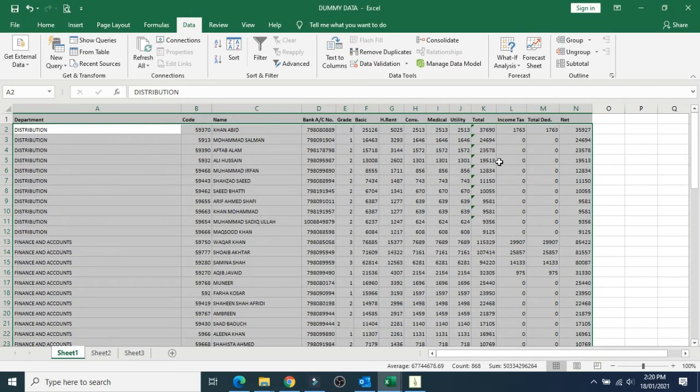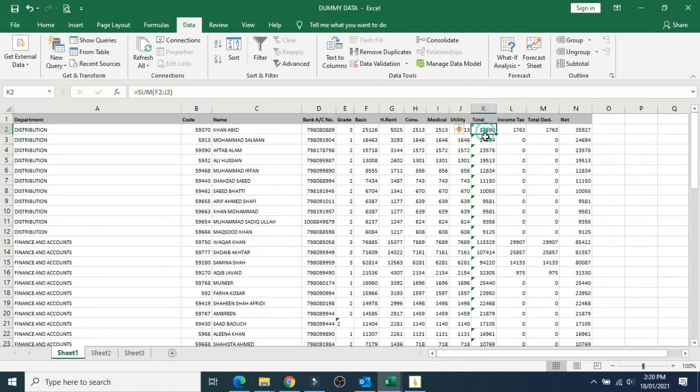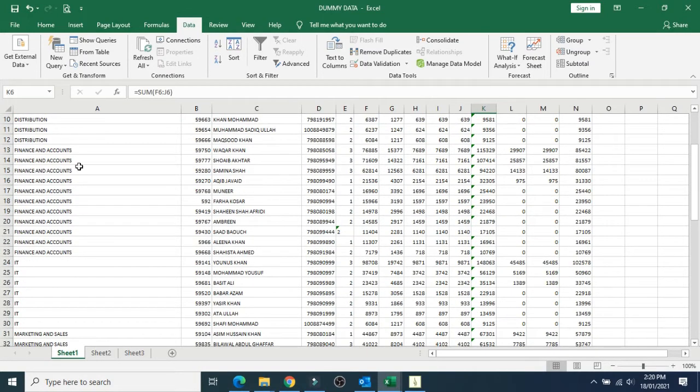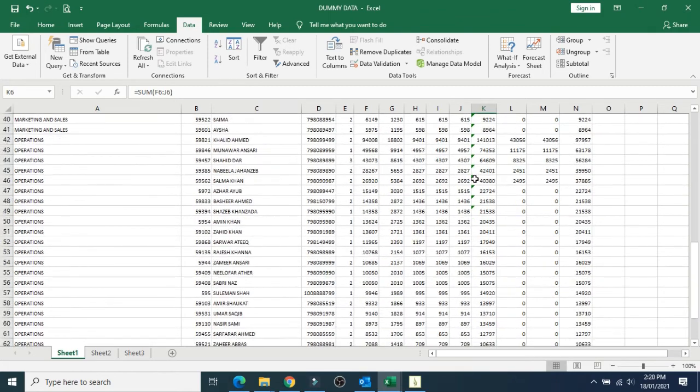I press OK. See the distribution, this is the highest salary, and they are also sorted with this. Similarly, finance and accounts, second range and third range, and like this.